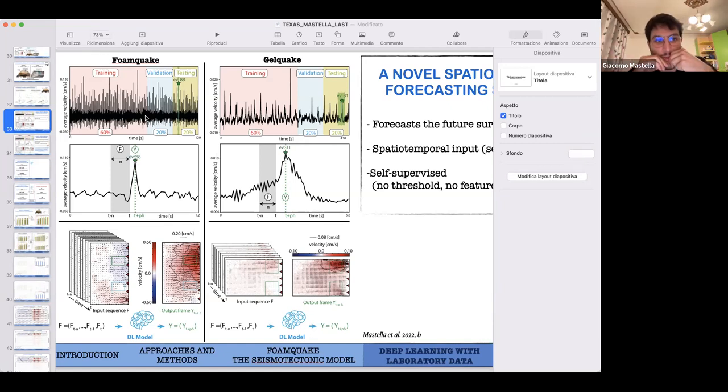This is due to the fact that it's very difficult to generalize with these kinds of deep learning architectures. So if you train one model, for example, with data from a single asperity experiment, where the rupture is always in the same location, because you have only one seismogenic source, then it becomes quite difficult for the model to understand, if you test it with data from a double asperity model, whether the next laboratory earthquake will be a double asperity rupture.